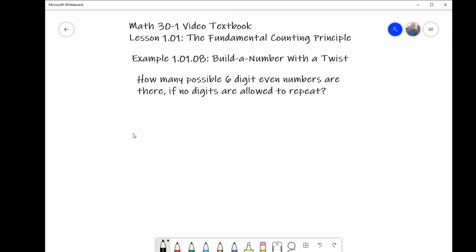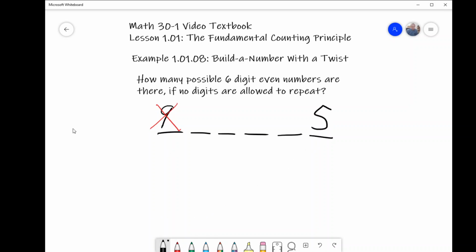So we are still going to have 6 possible digits. Now initially we might jump to the idea and say, hey, we've got 5 possibilities for our last digit because it's still an even number. And then we say, well, we've solved this before. We knew there were 9 digits up here. This is a trap. It is a very easy mistake to make